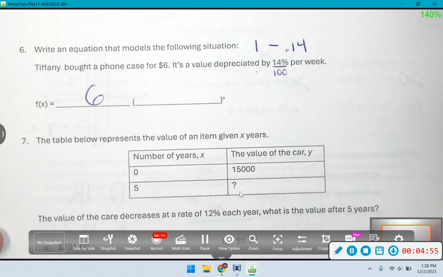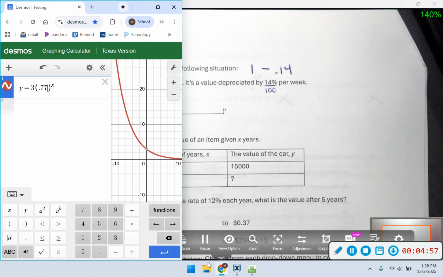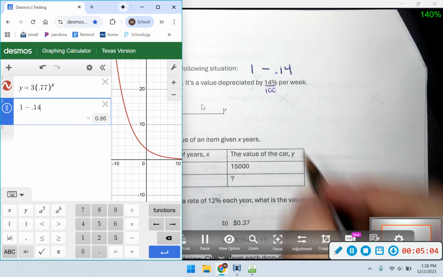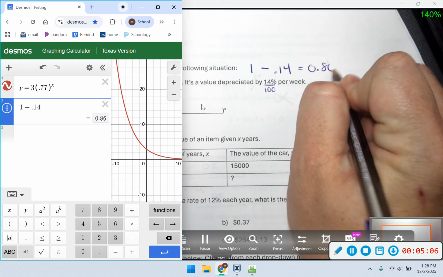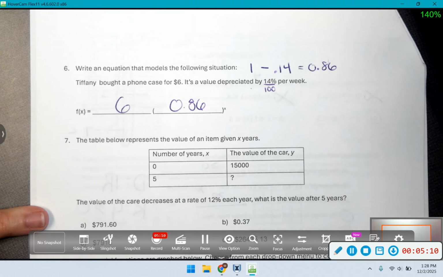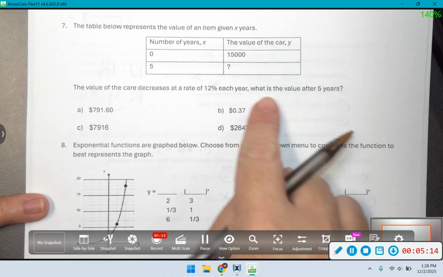Okay, so using my calculator, I get 0.86. There's my answer. Okay, now 7 does not give me enough information to do a table because